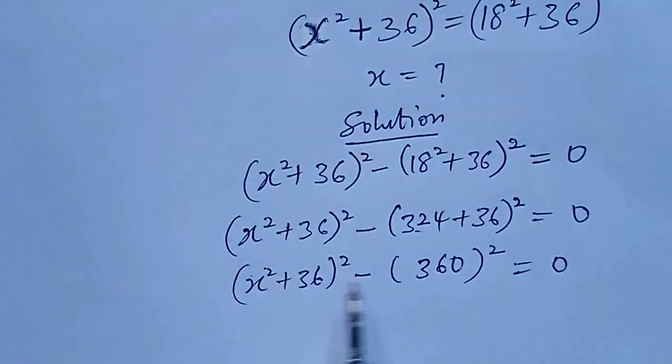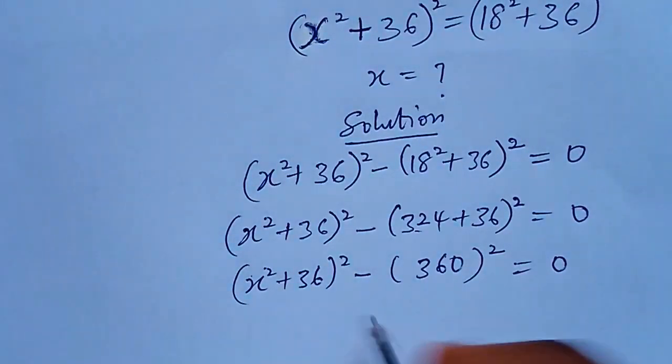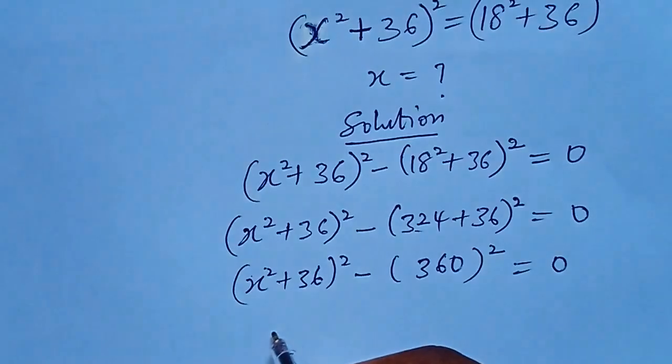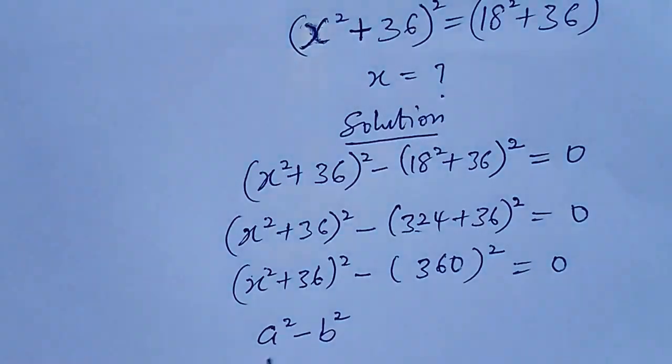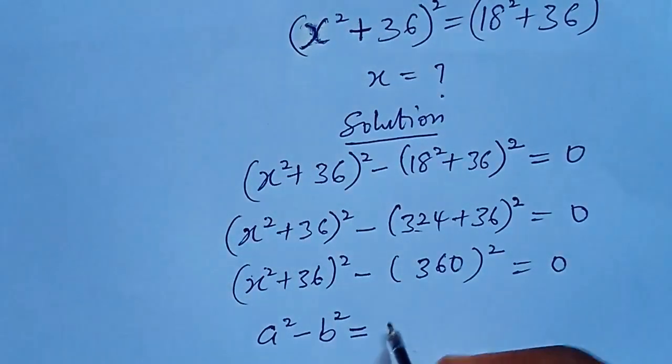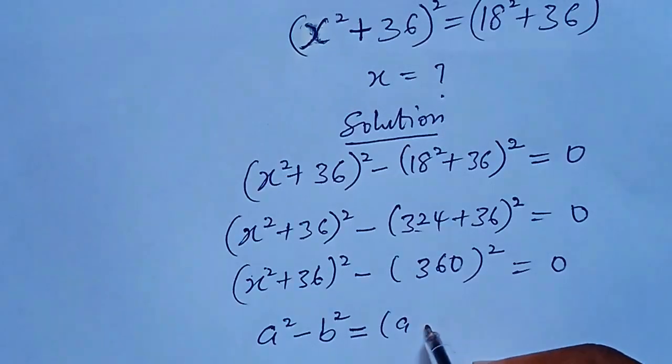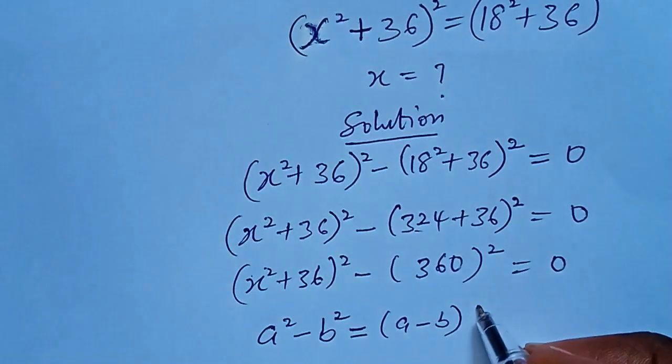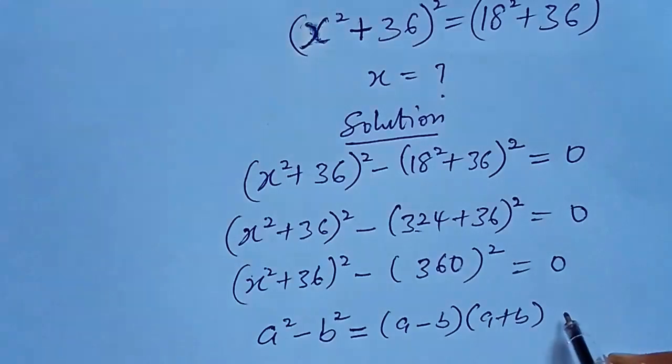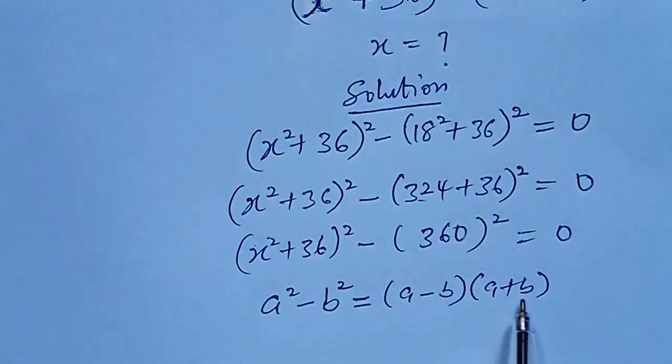From here we can see that this expression looks like the identity of this nature, a squared minus b squared. If we have this kind of expression, the resulting factorization will give us (a minus b) multiplied by (a plus b). This is what we have. So we want to put this expression in this form, and that will give us